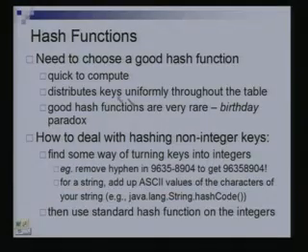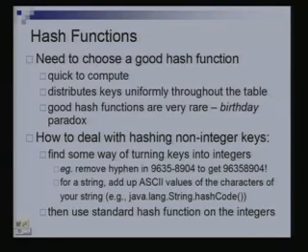So, what is a good hash function? A function which can be computed quickly, it should be quick to compute, and as we said in the previous class, it should distribute the keys uniformly over the hash table. It should not happen that all the keys get mapped to the same location, because then the performance of hashing would become as bad as that of a linked list.